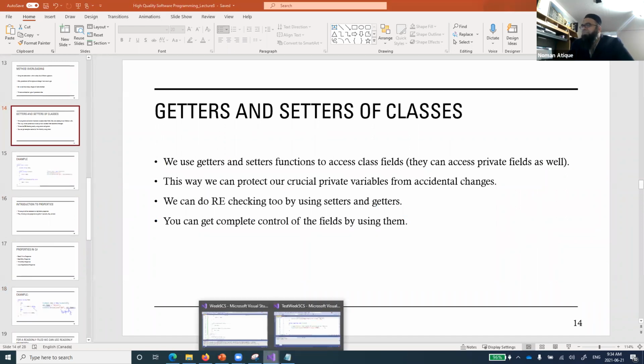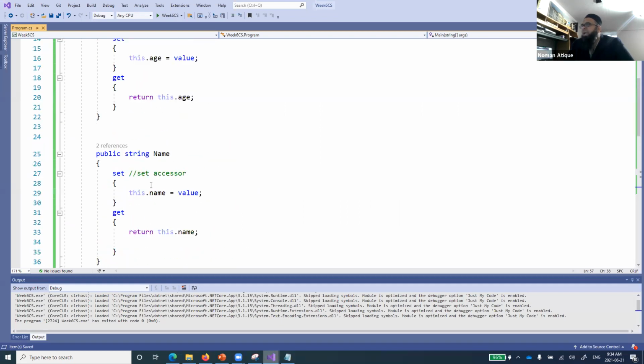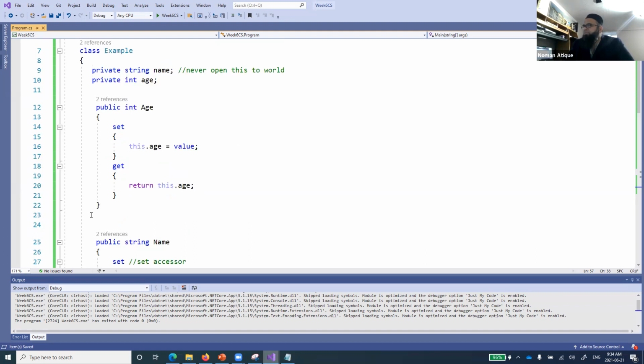And that is the same thing that you can always do over here, that you can implement any of the logics if you want to. If you want to return a typical name, or store a typical name, you can do all this in these properties. Is that right? So a property typically does what? It is open to the outside world, and its setter is used for setting values, its getter is used for getting values.